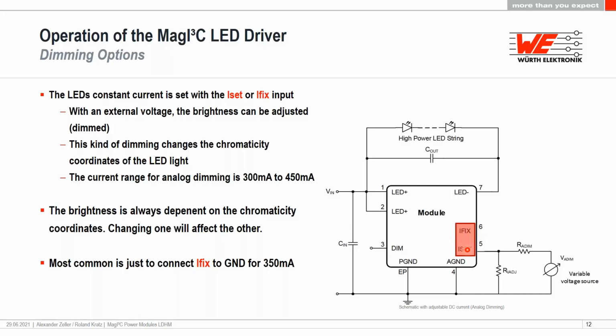If you want to use another current than 350 milliamps, or you want to change the current on the fly, then you can use this circuit attached to the IZ pin. This resistor sets the initial current, for example, 350 milliamps. And in some applications,